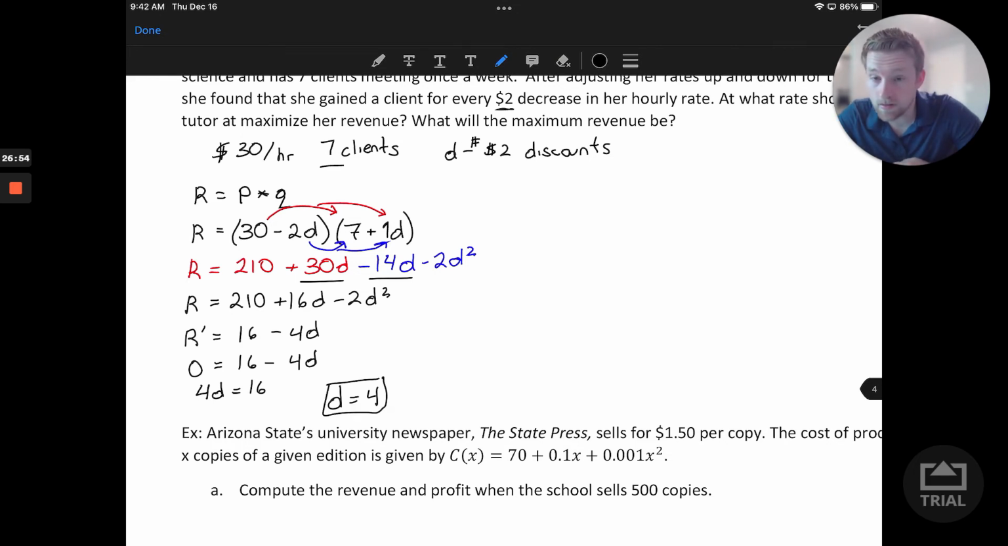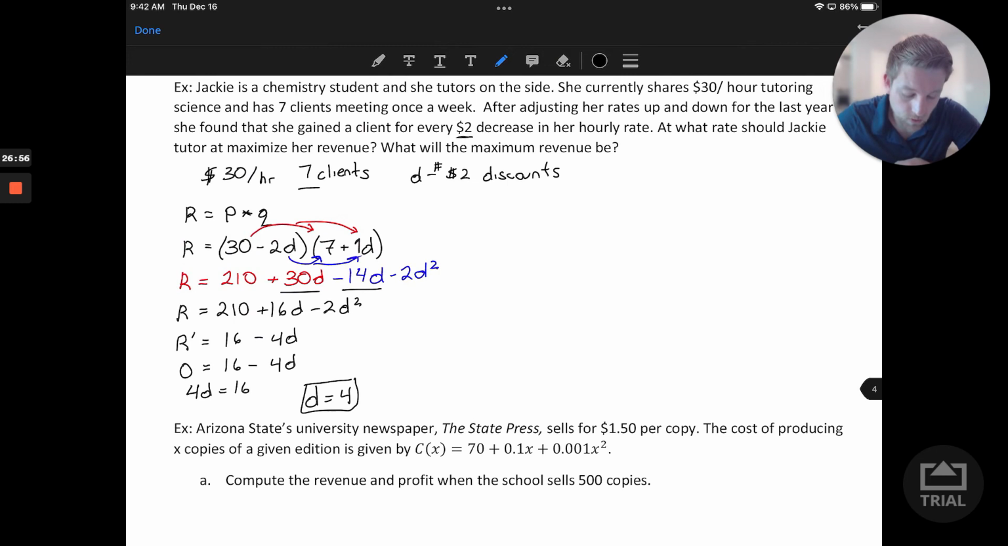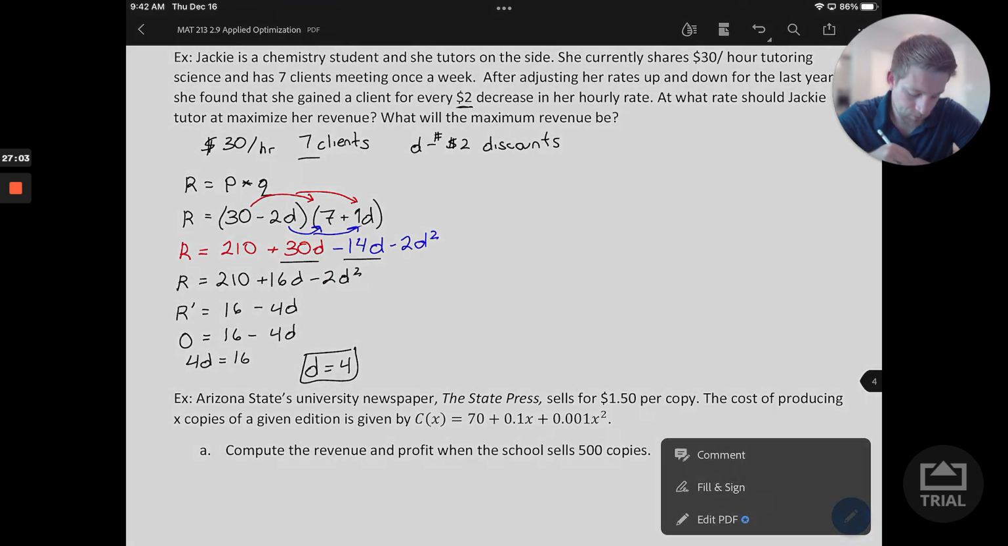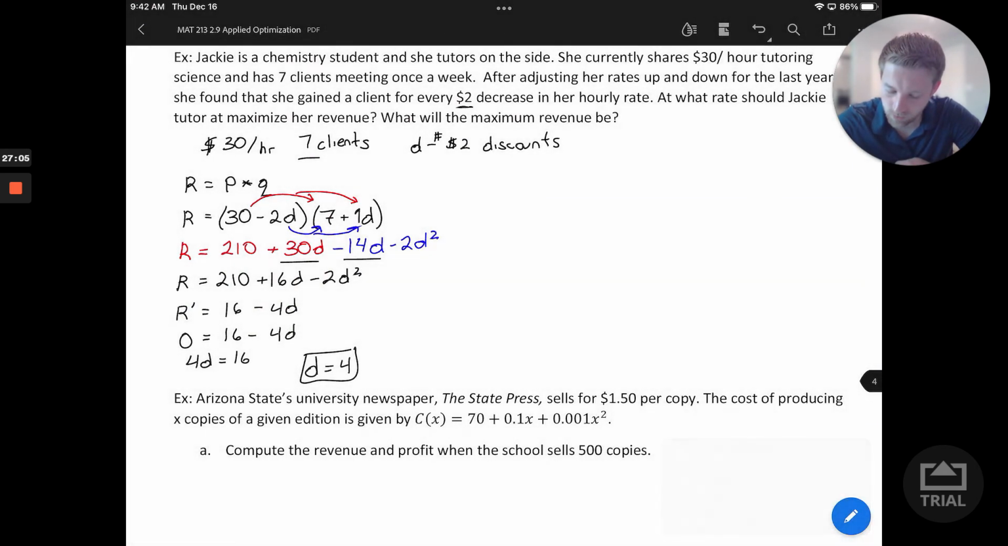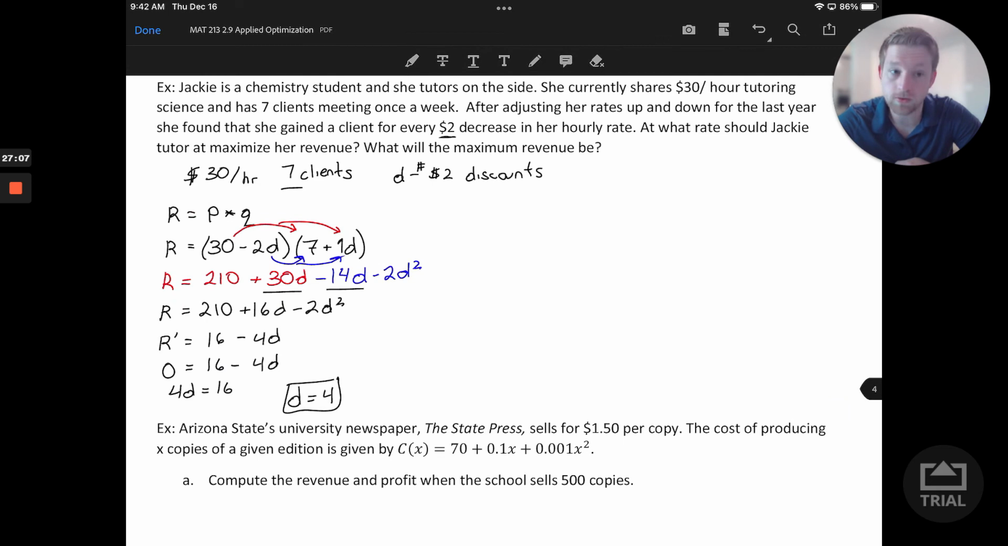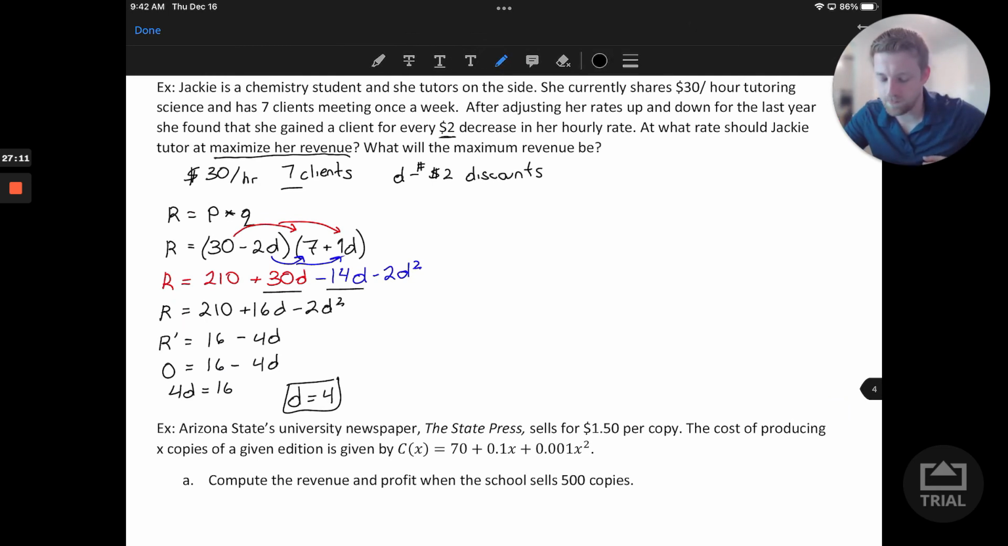Now, this doesn't answer our revenue question. What rate should she tutor at to maximize her revenue? But it gets us pretty close. So let's consider what we have to do to finish this off. If I wanted to maximize my revenue, what would the actual price be, or my rate? Well, each of these discounts is worth $2. So if I want my total size of my discount,